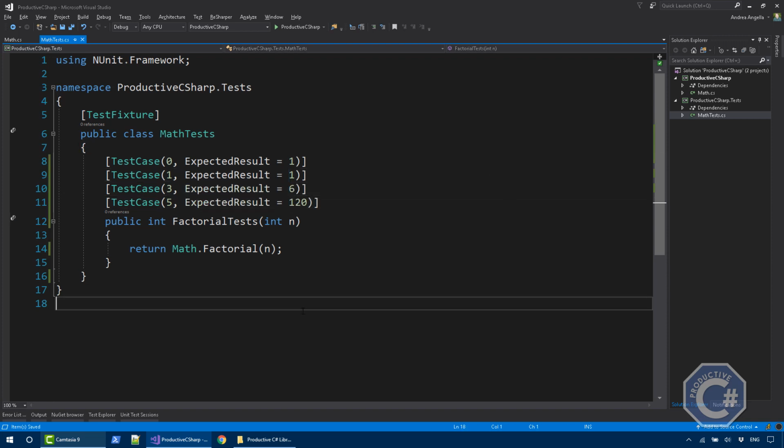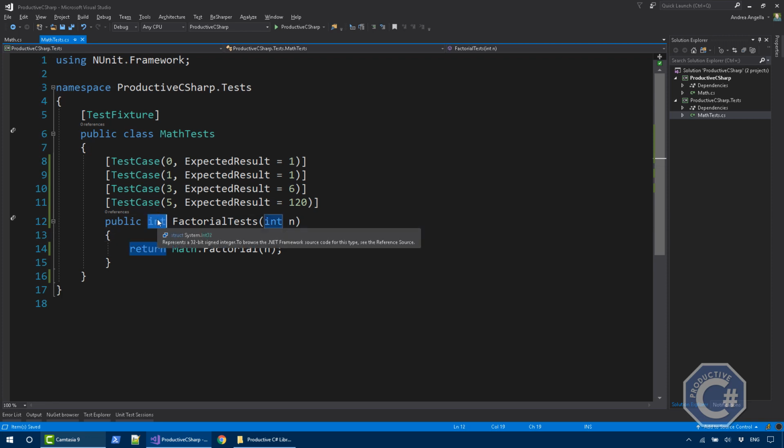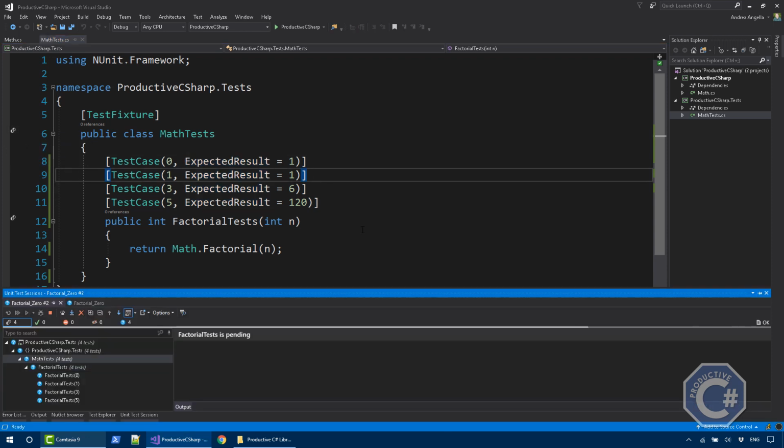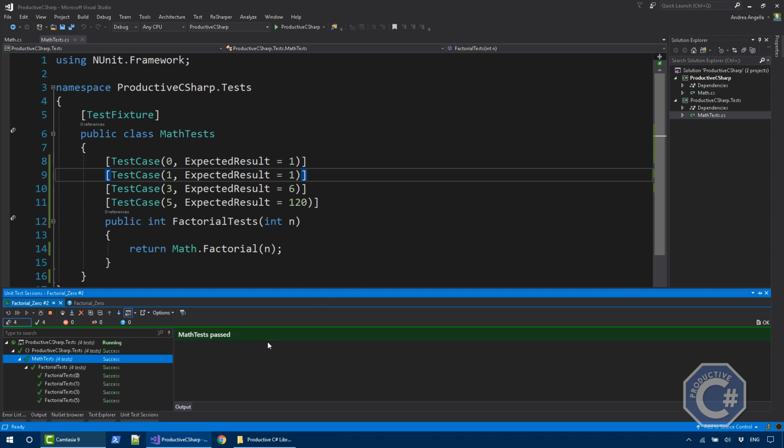Okay, so what I did is now the assertion is not explicit in the test, but you reduce the number of parameters and you use the property ExpectedResult to say what you expect. So the value that you return is basically what will be asserted against the expected result that you provide here. And if you run, you can see that that's pretty much the same as before, but a little bit more readable. It's actually a preference if you use this syntax, or you prefer to use assert explicitly in the test. It's up to you, but it basically works the same. The difference is now that you see only 0, 1, 3, and 5 as the name of the test. But if you want, you can also